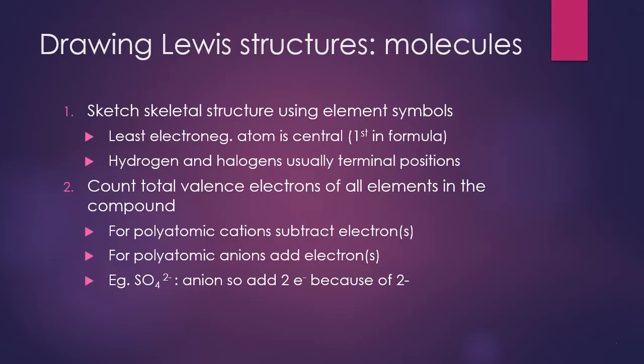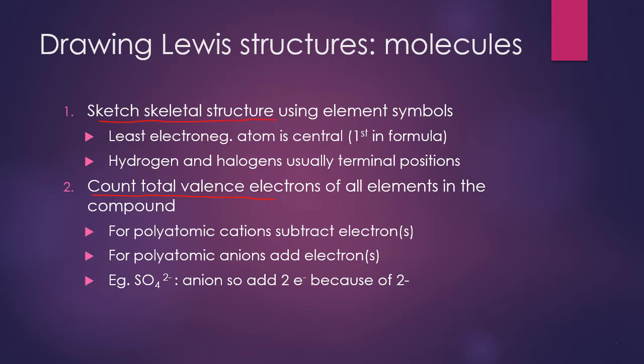So let's look at how to draw the Lewis dot structures of these covalent compounds. I usually start off by counting the total valence electrons. I know that's labeled as number 2, but I usually like to count them first just to see how many valence electrons I have. Once I have the valence electrons, then I'm going to sketch the skeletal structure using the